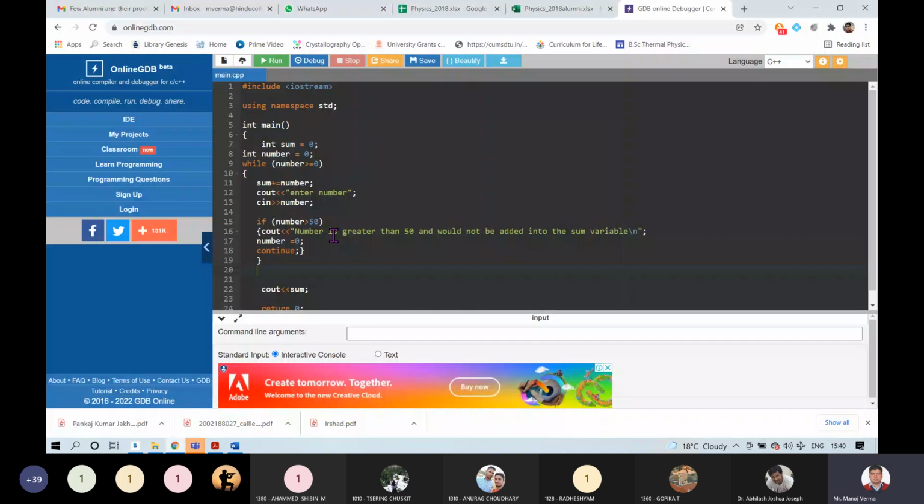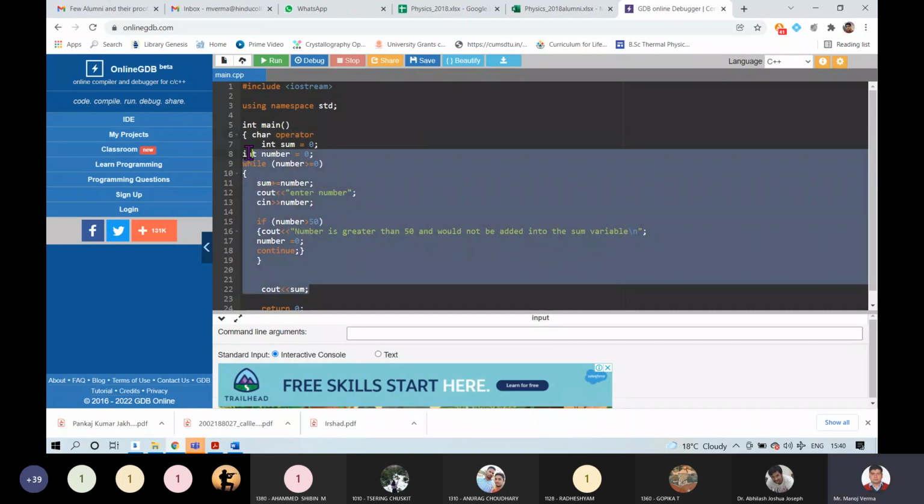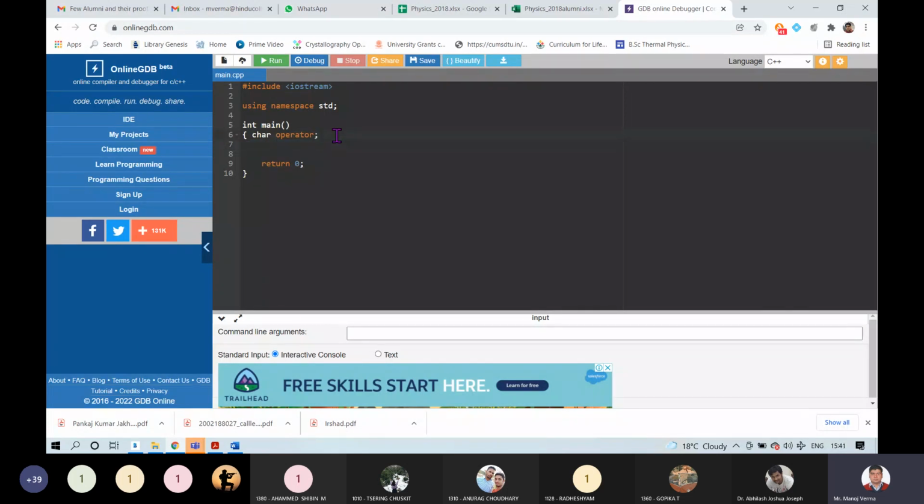So first, what I have to do is define a variable for the switch case. That is, I am defining a char type operator variable, which I will be using as my switch case variable.